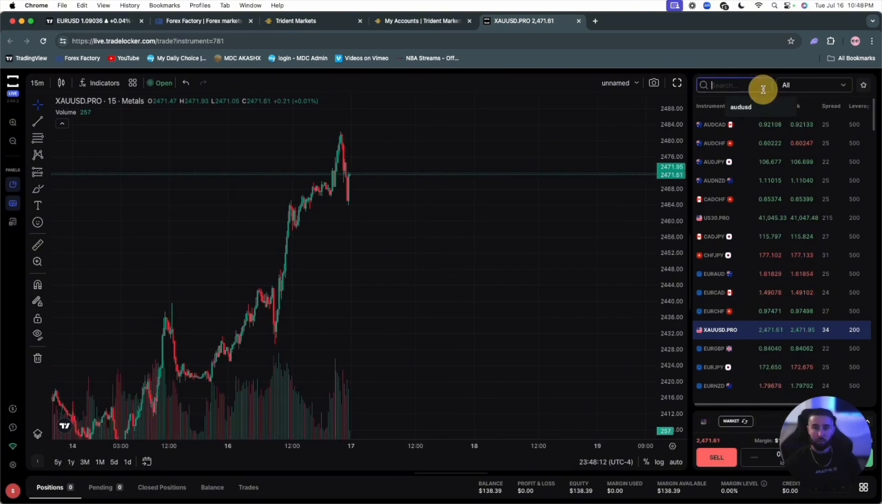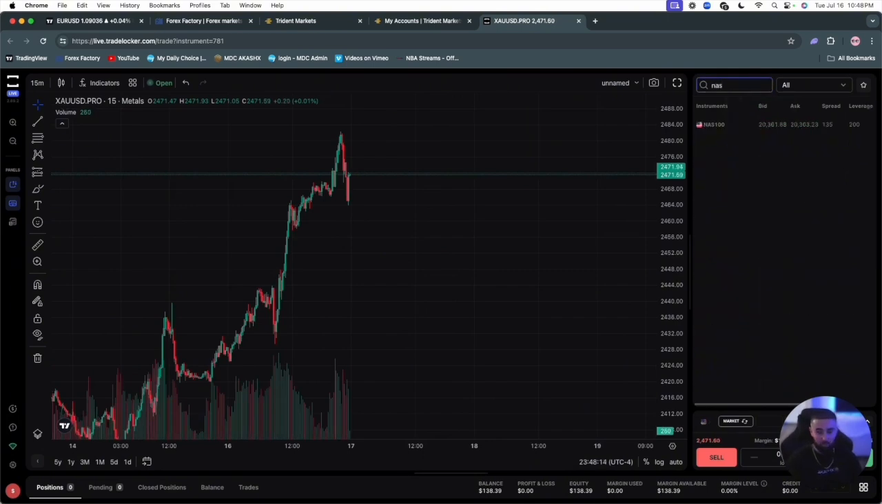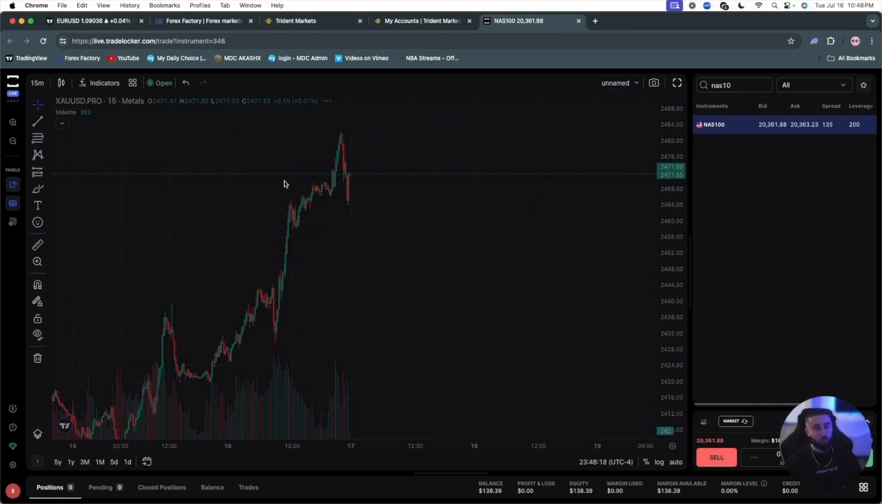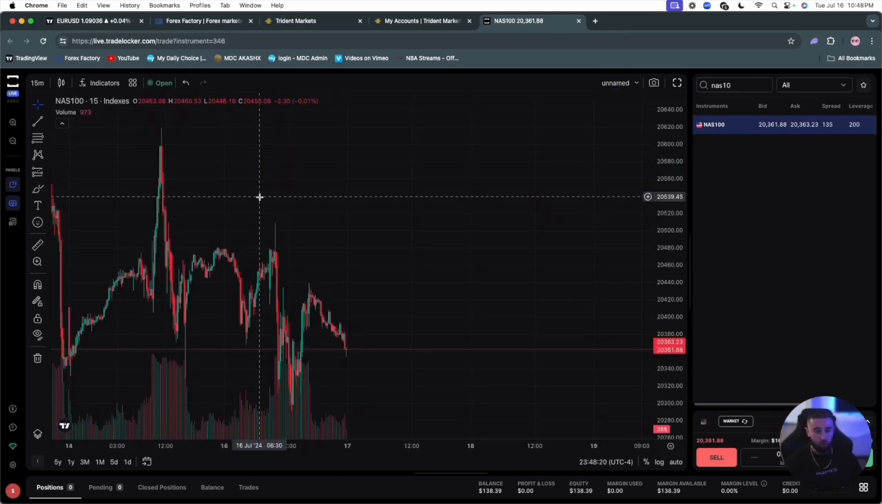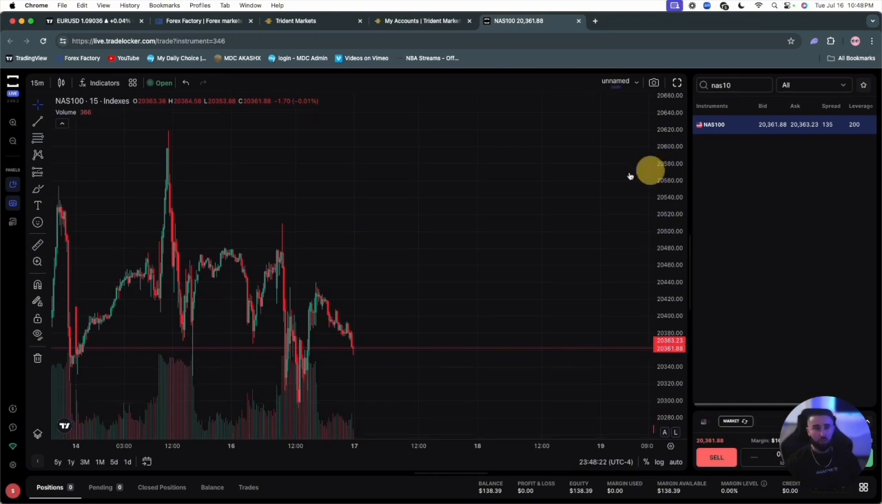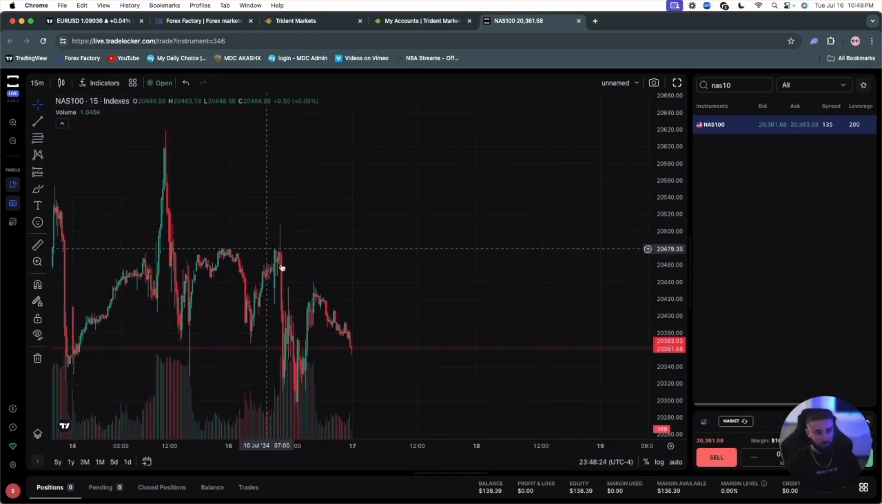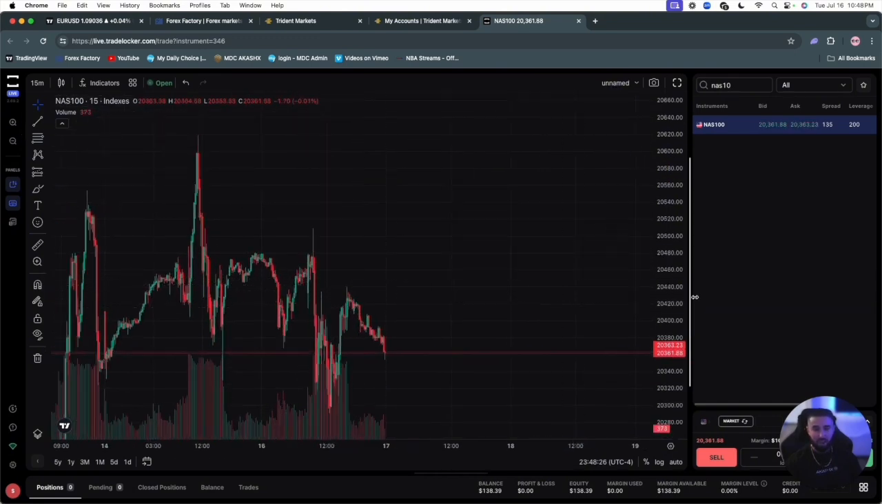You can even look up things like indices, like a NAS 100, and as soon as you click these instruments, it's going to pop up on your chart. So always make sure that you are properly trading the right instrument on the screen here and not accidentally trading something you're not. Also, a great thing is you can actually save whatever your favorite pairs are to a favorites